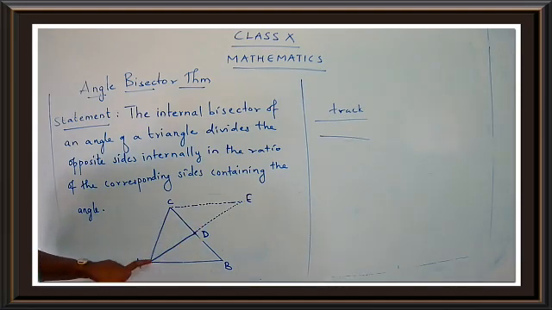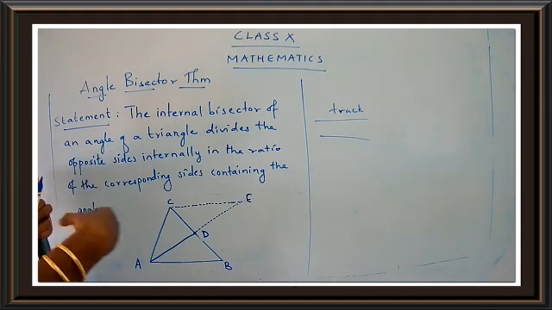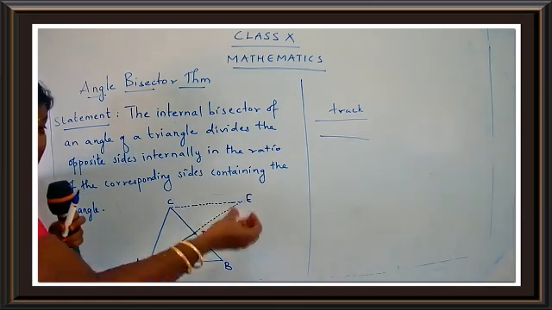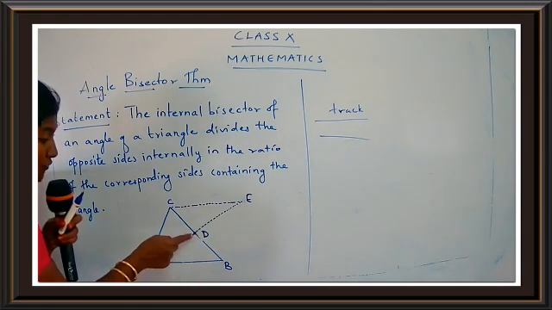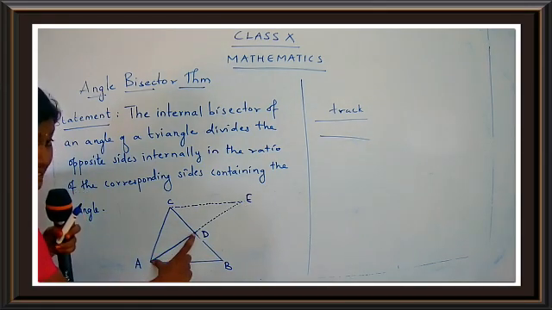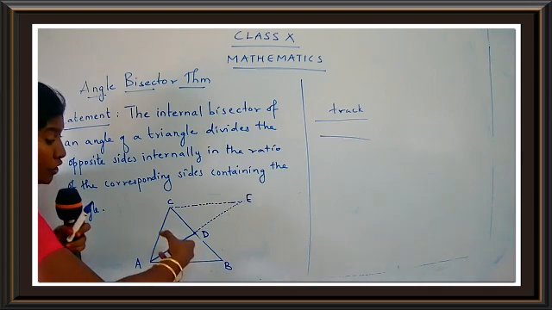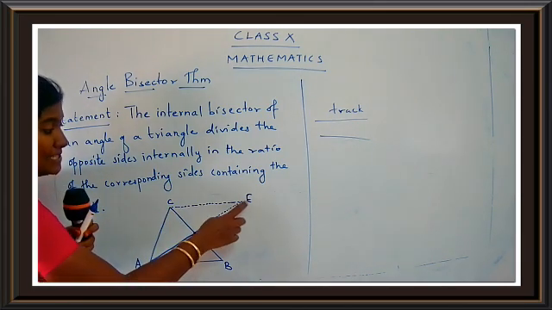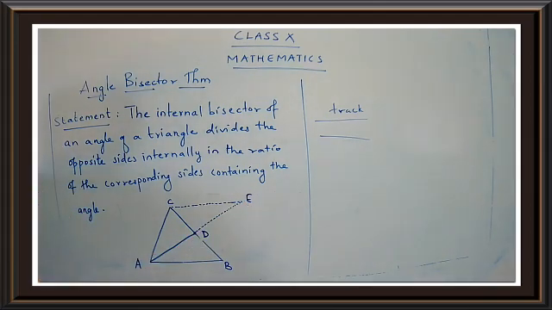And now what you are going to do is extend. Extend means what? You are just going to pull. Which segment are you going to pull? You are going to pull AD such that it meets at E. So where was AD? This was the line segment AD. But now you are going to stretch, or extend, AD such that it meets at E. Complete the figure, children. Very simple figure.